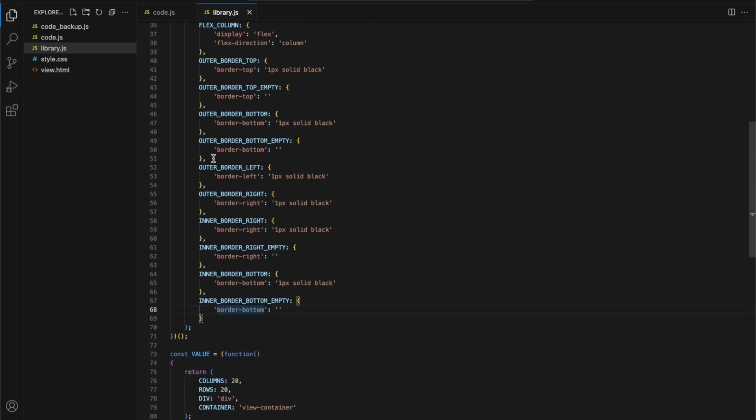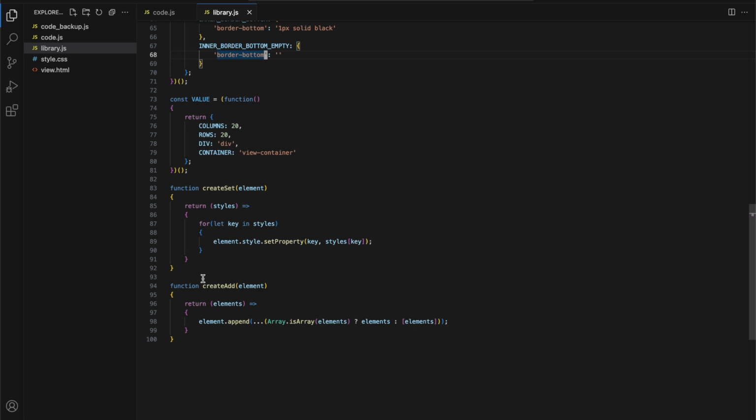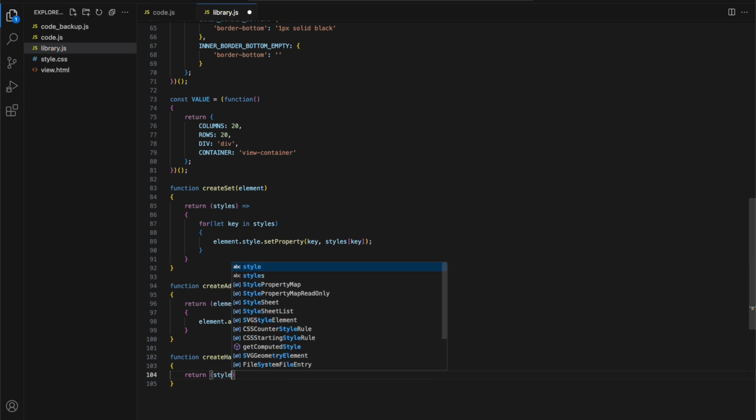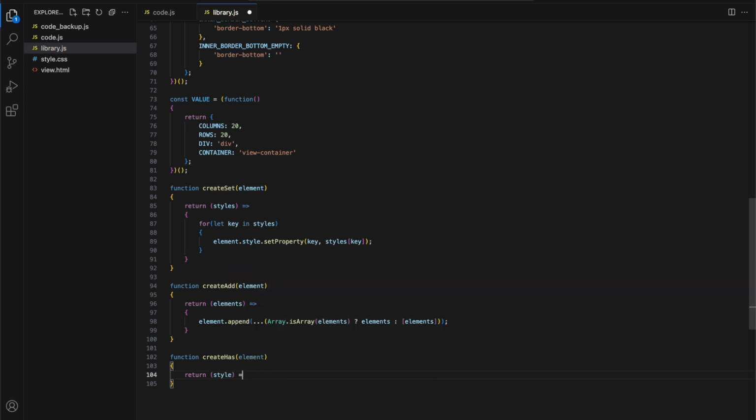So we were using a bit of a tactic down here. So we have create set, we have create add, and we'll just go below this thing and we'll say function, and we'll say create has. And the same thing before, just like the other ones. We're going to create a function with curly braces, and the function's going to return a function. And so in this case, we would expect that inside of the return statement, we're going to ask for the style property. But you know, just to keep things kind of the same as before up there, I'm just going to say style,